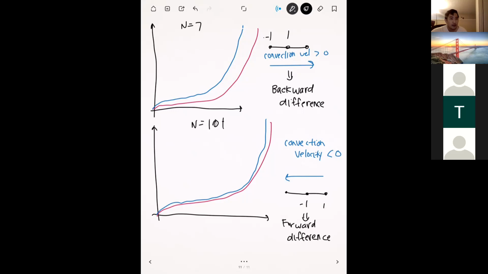And so, in terms of exact things that people do, it varies depending on the type of data that you have. In this particular case, for our exact solution, not necessarily in terms of the differencing scheme, because we kind of explained everything in terms of that. But what we can see from this solution here is that on the right side we have a rapid increase. At first, our solution doesn't really seem to be doing much. But once we get to the right side, then we really start to ramp up like that. And so what people tend to do is that in areas where you have rapid change, in other words, where the slope is really high,